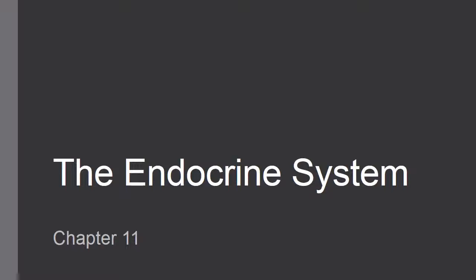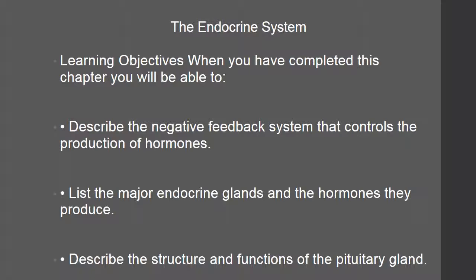Here's a presentation on Chapter 11, the endocrine system. The learning objectives for this week are: you should be able to describe the negative feedback system that controls the production of hormones, list the major endocrine glands and the hormones they produce, describe the structure and functions of the